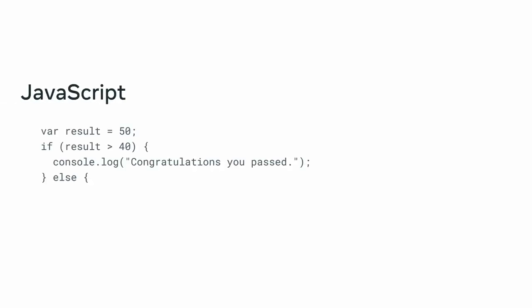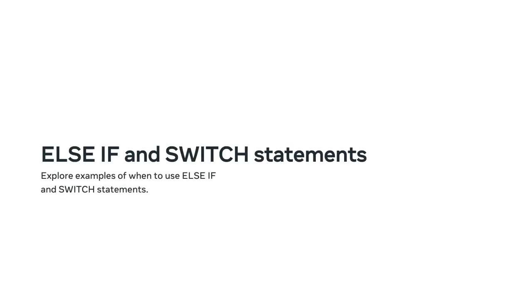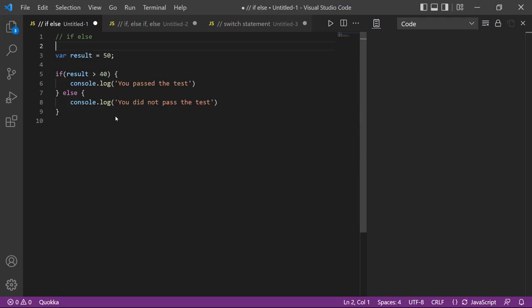For example, the if-else statement can be used when you want to execute code based on a certain condition being either true or false. But what if you have 5 conditions or even 10? Well, you could use multiple lines of else if. There is another way to do this, using something called a switch statement. Okay, let me demonstrate this now with an example of when to use else if and when to use the switch statement. So I have VS Code open here, and notice that I have pasted in an example of an